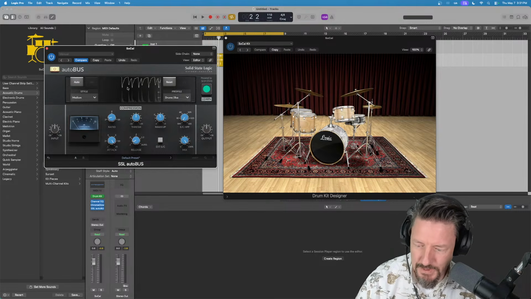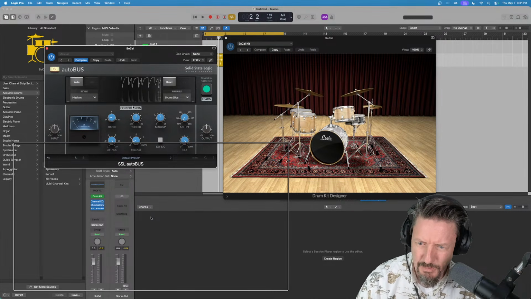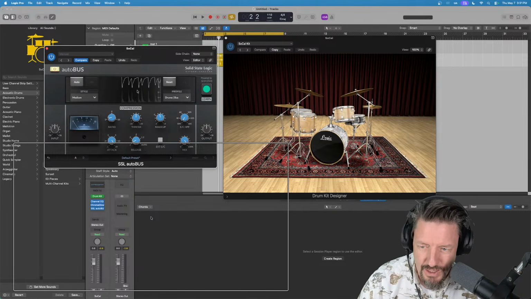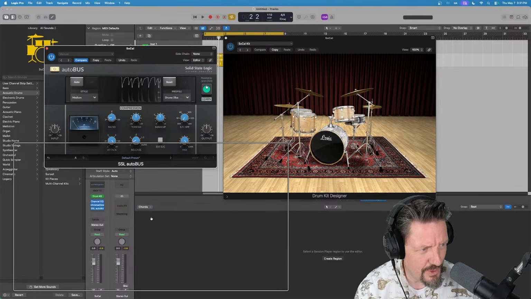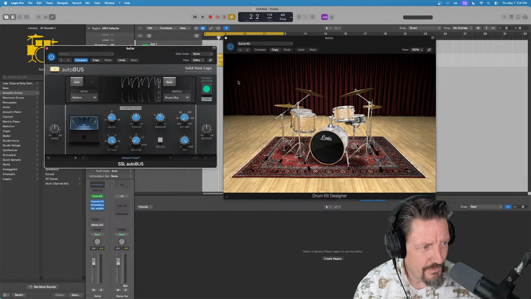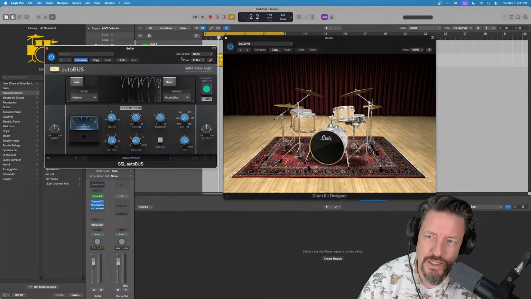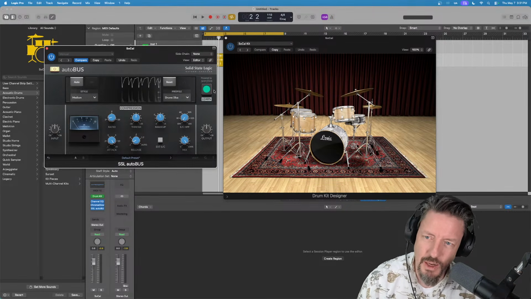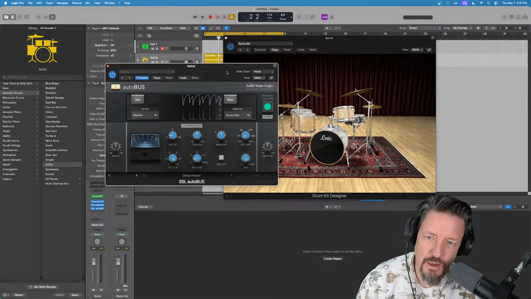Well, this whole top section, if I zoom in a little bit here, you'll see the autoBUS name and the power button. But then below that, we have this thing that says auto and style, a little graphic meter, a reset button, a profile button, and then this thing that says powered by Sonible that we can use. Now, I don't know if that's actually transitioning when I zoomed up just now. So I don't think I'll do that again in this stream. But